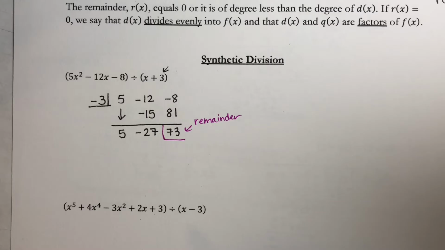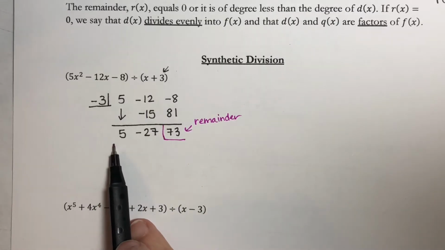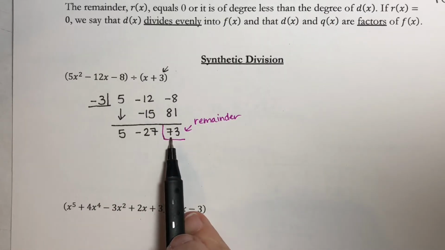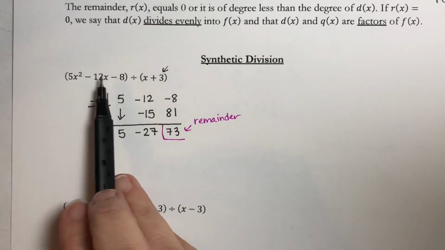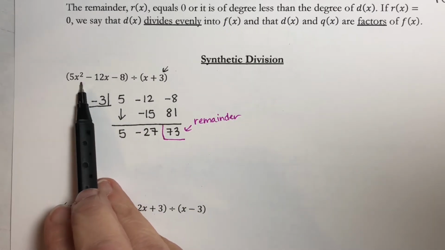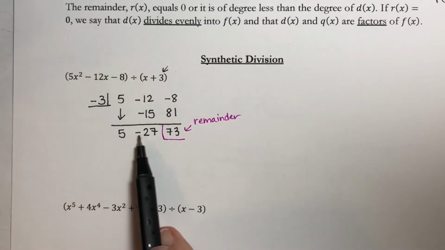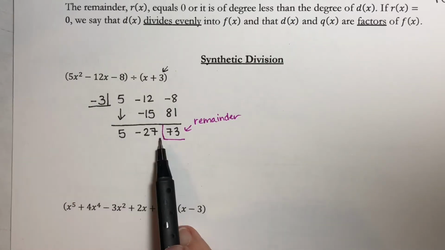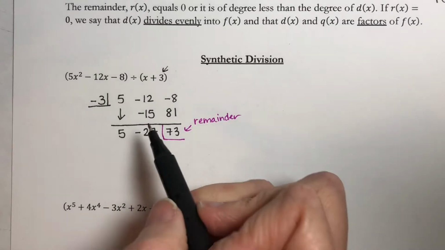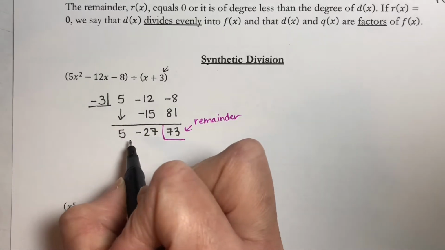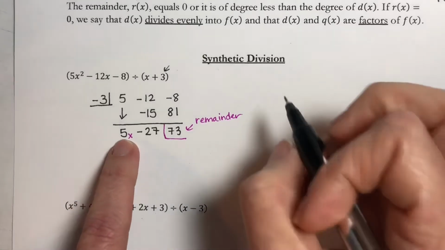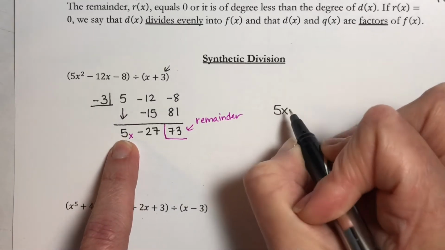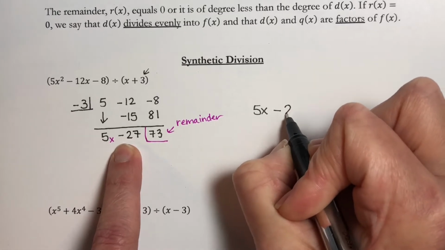Okay? And then here, these are your coefficients of what you have left. And the degree of this is always going to be 1 less than this. So here I have a square, so this is going to be a first power, a degree of 1. This is the constant, and I have an x right here. So your answer is 5x minus 27